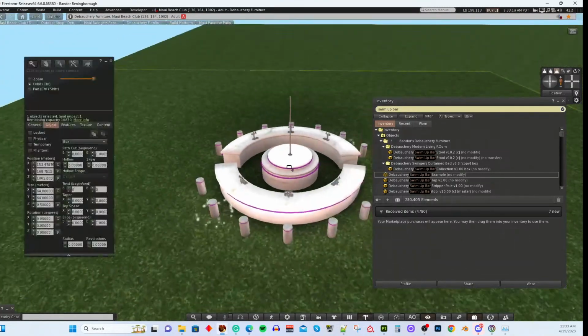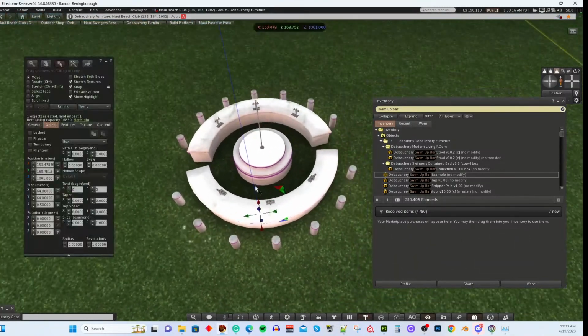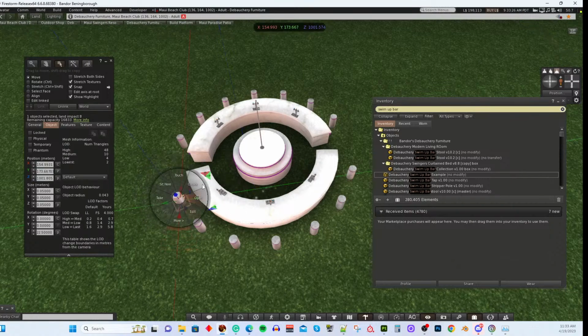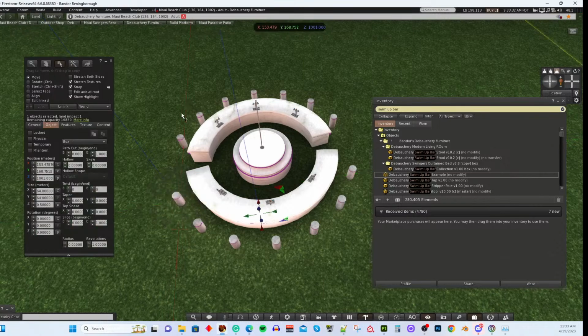So there you have it. So there's your bar with 6 bar taps, equally spaced, equally distanced, with 14 bar stools, all of them pointing towards the center of the bar. So if you sit on it, it'll be pointing in the right direction. You don't have to worry about the rotation and orientation, and they're the right distance from the bar, and it's all set up. And then if you select everything,